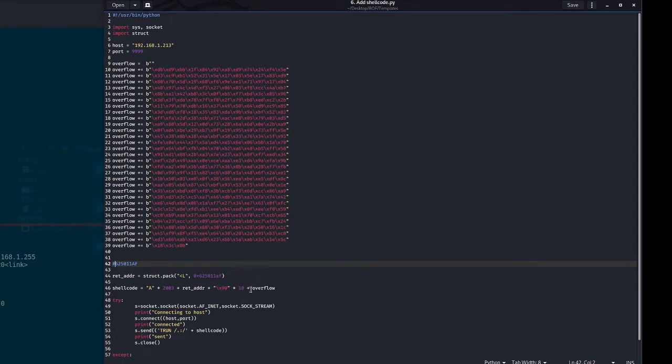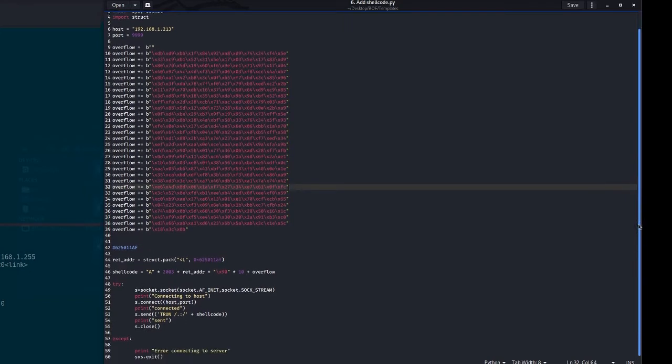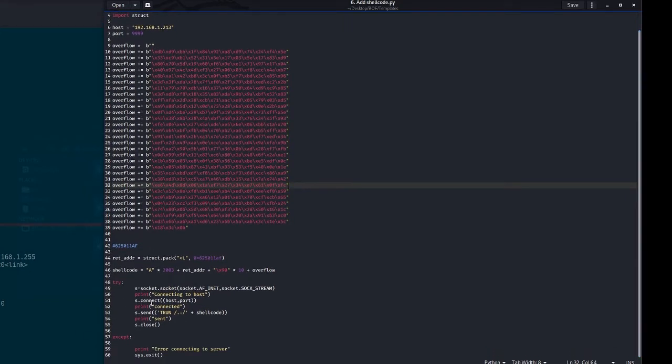I've then essentially placed in my return address, which is this up here. I've then added some padding in the form of NOPs, or as you'll see here, it's represented in hexadecimal, and I've added 10 of them. I've then pointed back to my overflow variable, which contains my shellcode. So, cutting down to here,